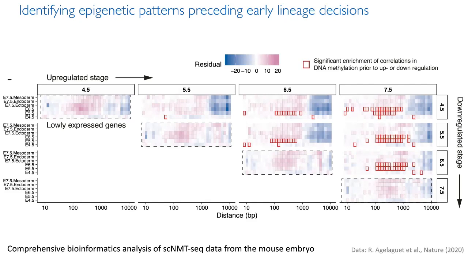Finally, without going into much detail, we were also able to predict the genomic distribution of methylation marks in the embryo, so in embryo data. And in addition, using this framework, we identified specific changes in the genomic distribution of DNA methylation marks in gene bodies that precede gene silencing at the exit from pluripotency by up to 2 days. So 2 days before we see something in the transcriptome, we can already detect changes in the methylome.